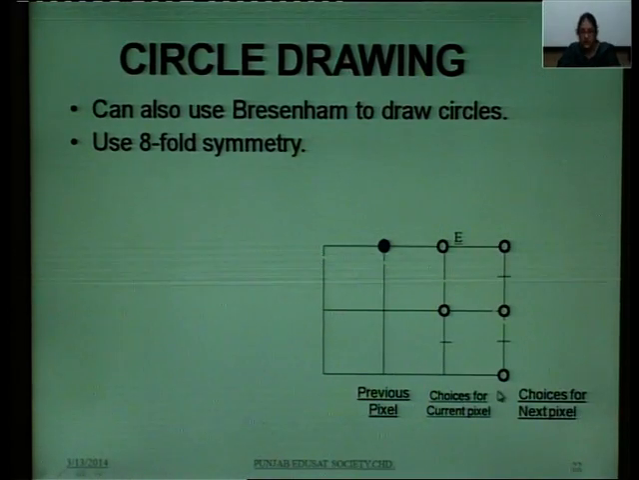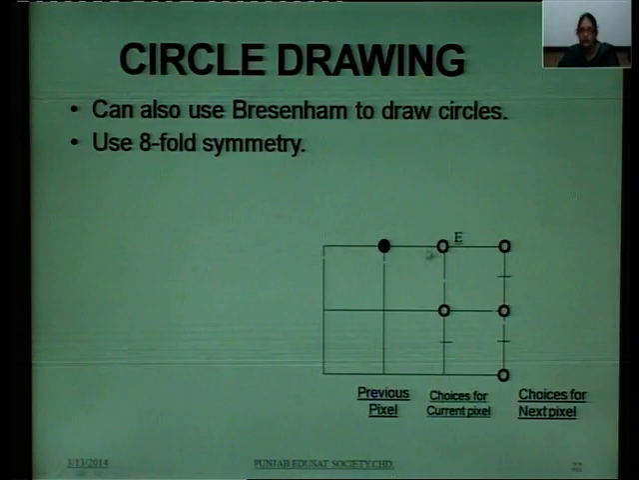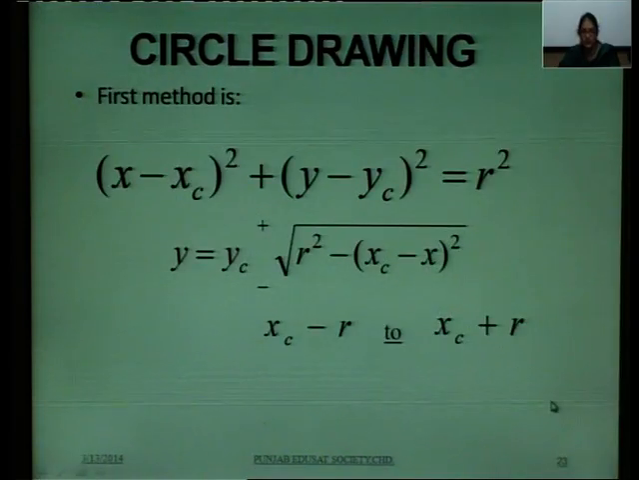So, this is another example in which we will be finding the location of the pixels on the symmetry of the circle. It uses the same 8-fold symmetry, that is 8-way symmetry, in which you can find the location of the current pixel, the location of the previous pixel, and choices for the further pixels. Circle drawing technique which uses the first method, that is